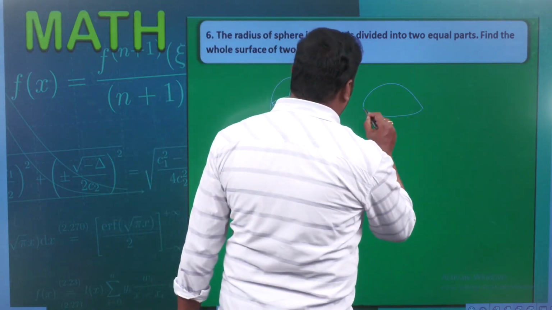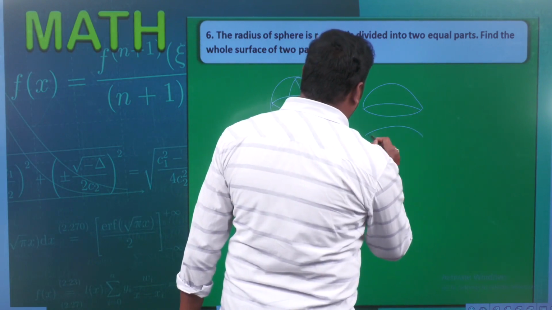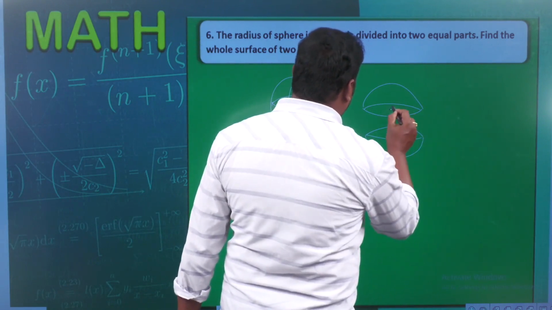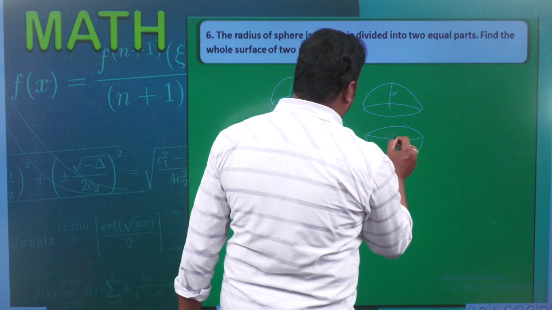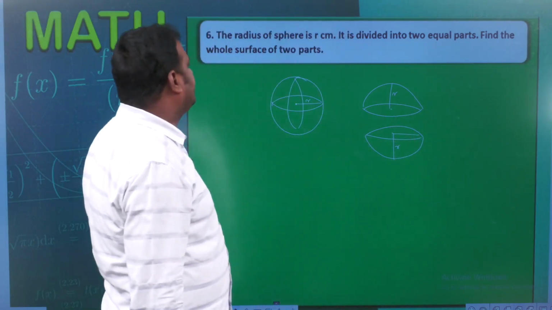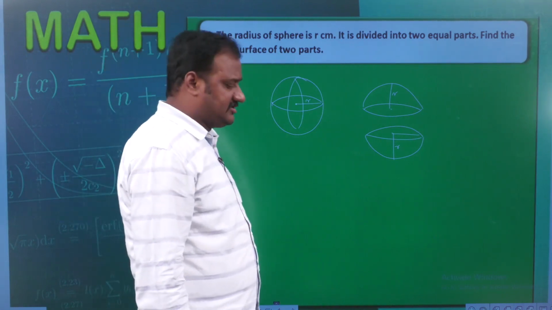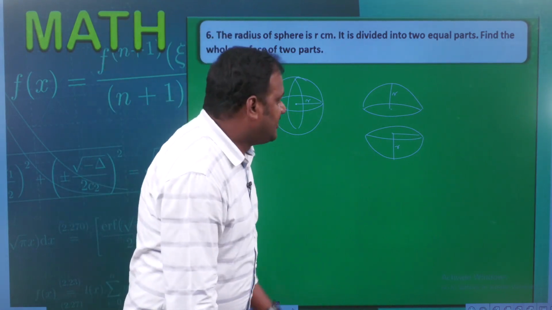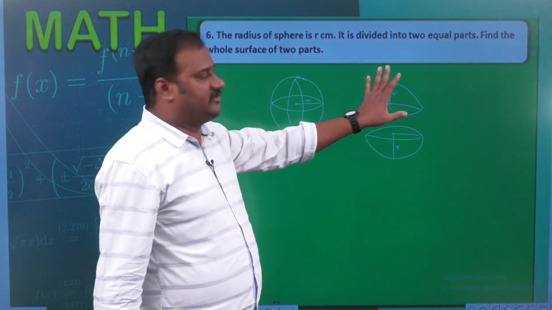This is the top part of the sphere and this is the bottom part of the sphere, for example. So this radius is equal to r and this radius is also equal to r. Right? What do you want? Find the whole surface of two parts. Whole surface of two parts means what is the surface area of this and what is the surface area of